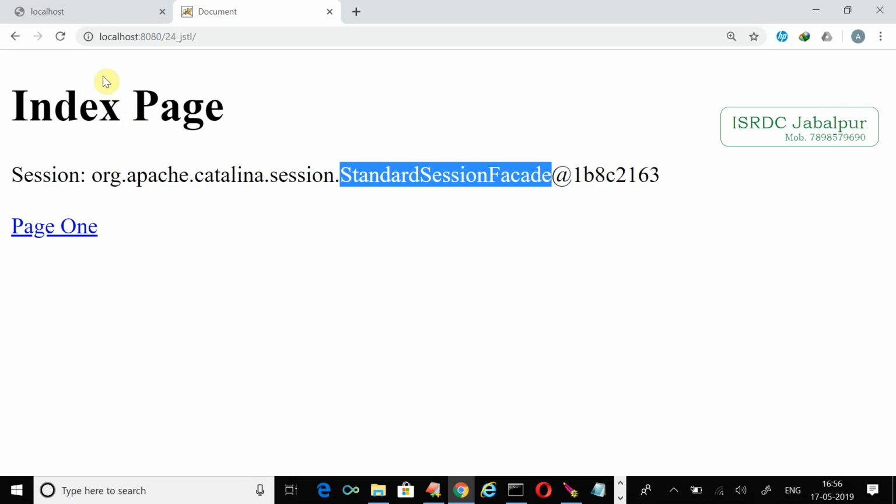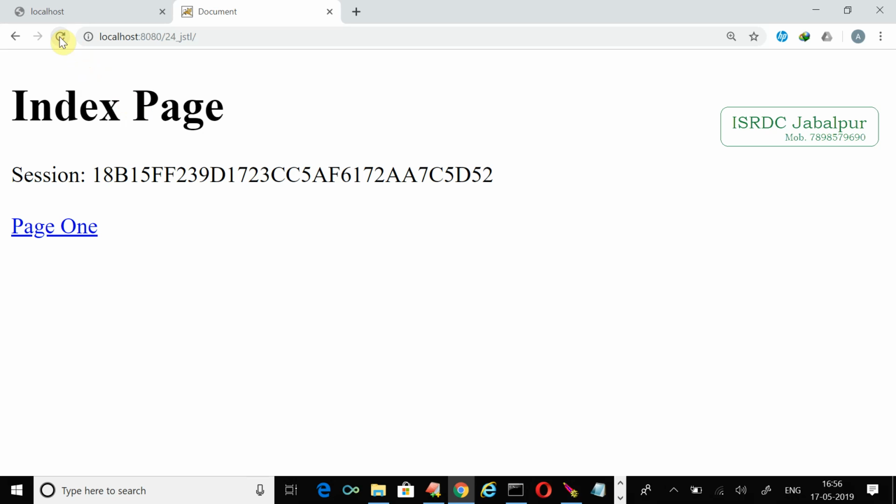So let's try it again. I just refreshed this example. Now you can see that this is the session ID. And the session ID, we can just read the last few characters, 5D52, right? Now click over the link to the 1.jsp page. Click, and you can see that